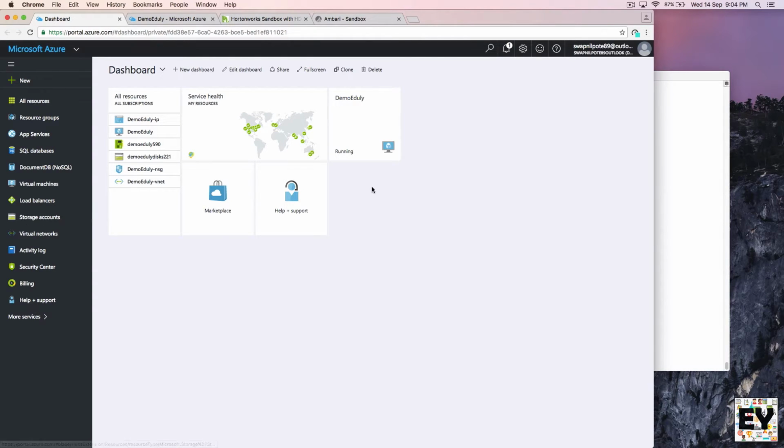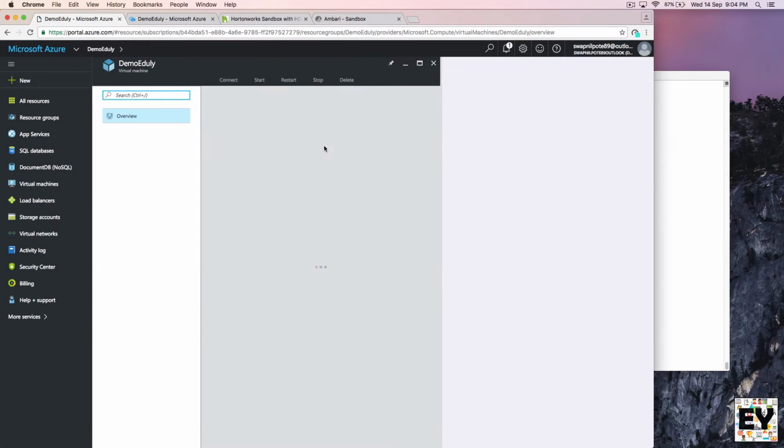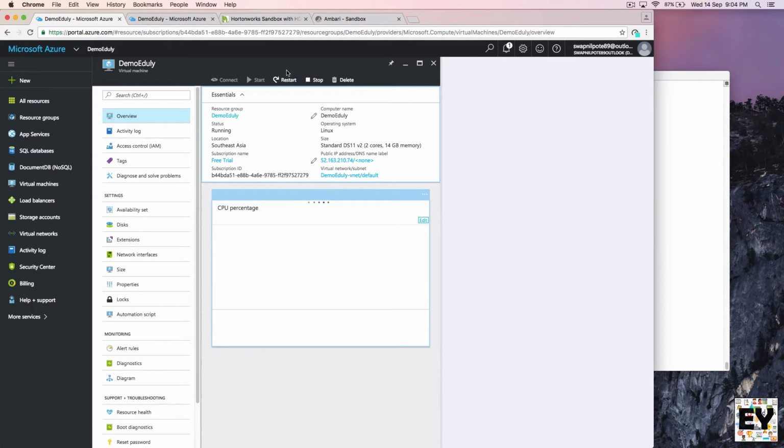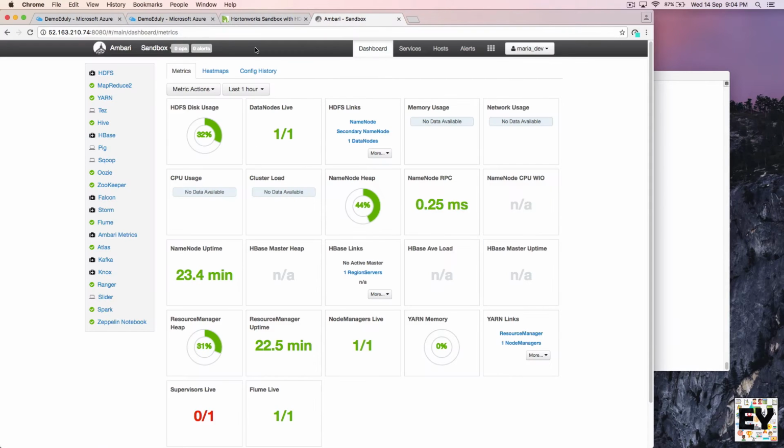First, what you need to do is open up your portal at azure.com and click on your virtual machine. If you have stopped your virtual machine, you need to click on start. I have already started my virtual machine. After you start it, after a couple of seconds or a minute or so, you will get a public IP address. Use this public IP address to log into this dashboard. Actually, we don't need this dashboard for accessing the terminal window, but I'm just giving you an idea about it.